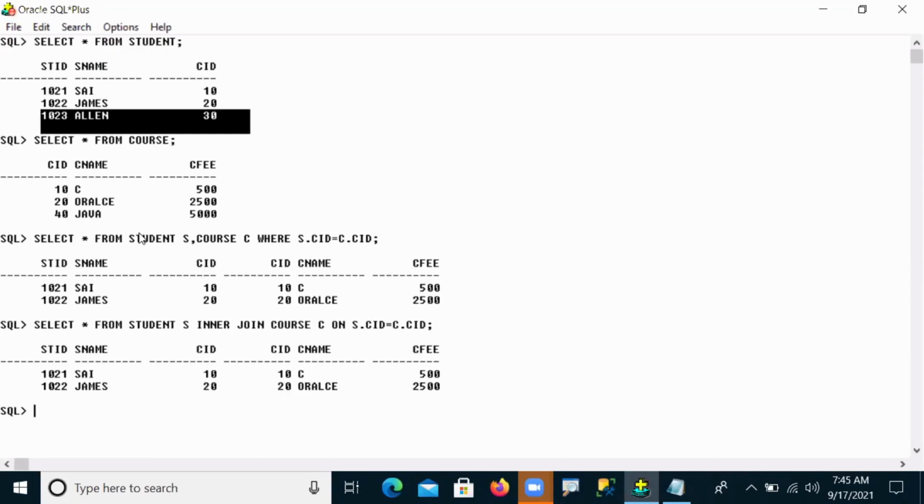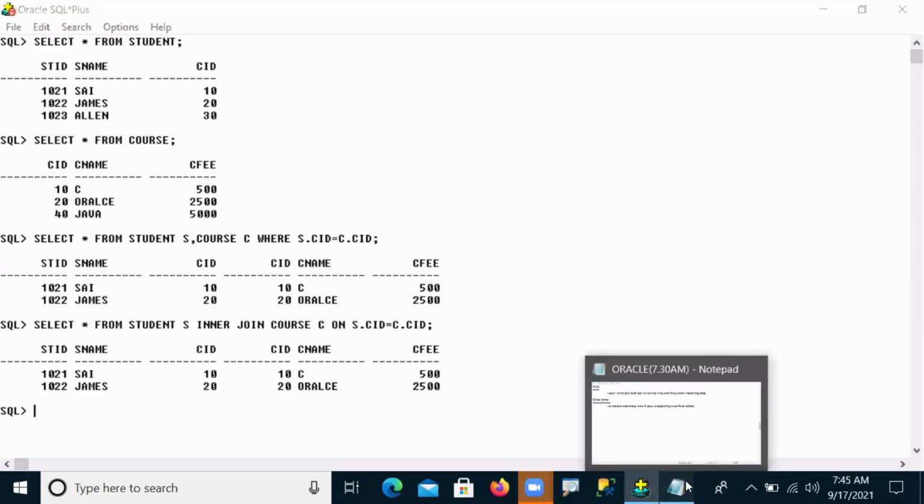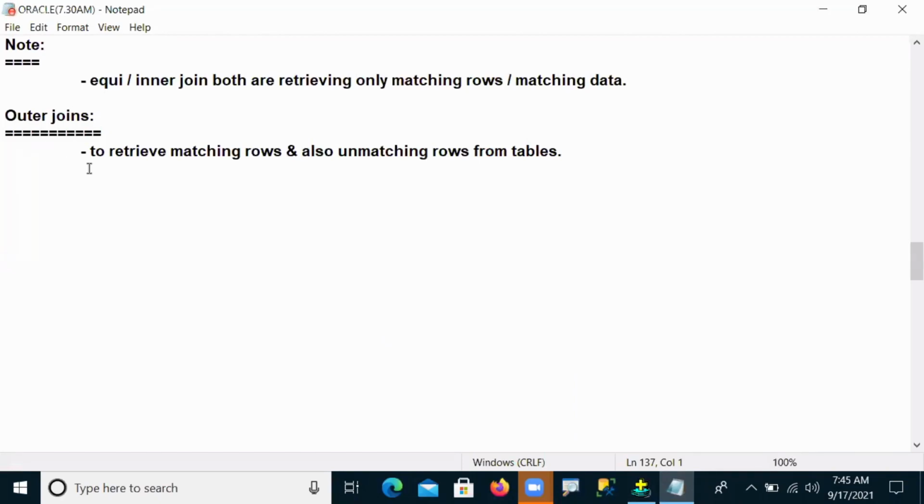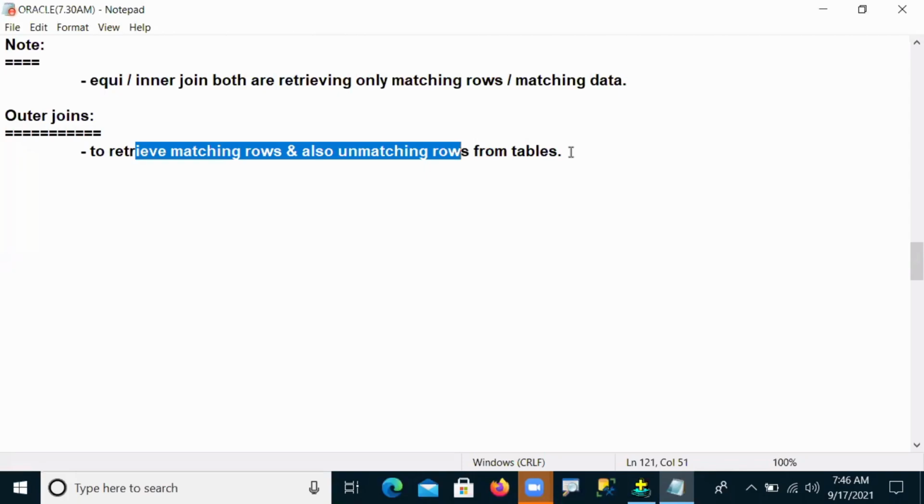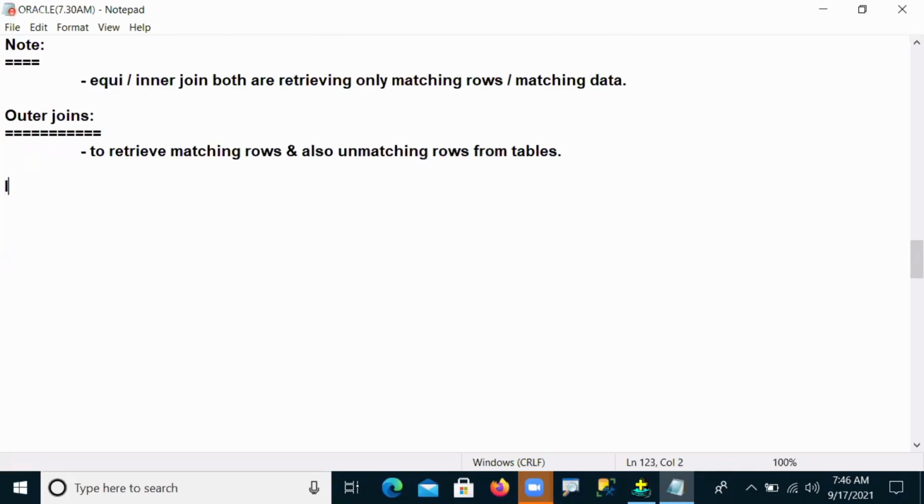How can we implement that mechanism? By using outer joins. We use outer joins to retrieve matching and also unmatching data. Whenever you want the unmatching data we are missing, we should compulsorily use outer joins. These outer joins are of three types.